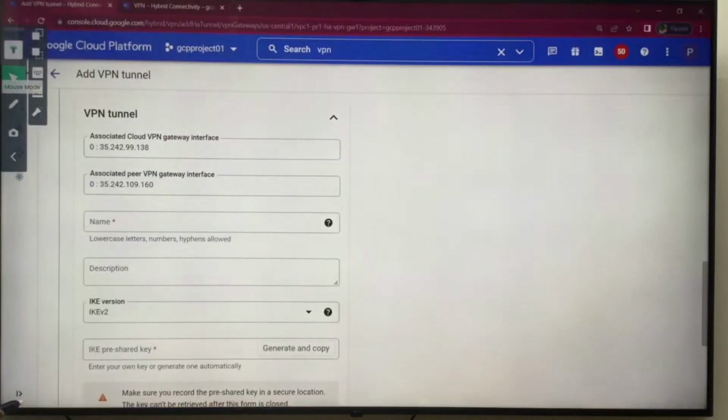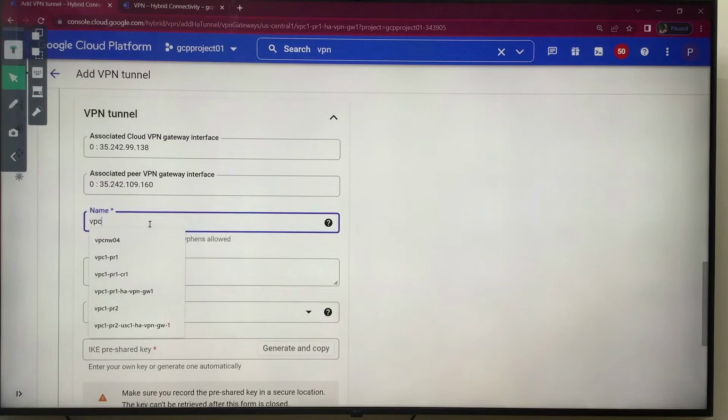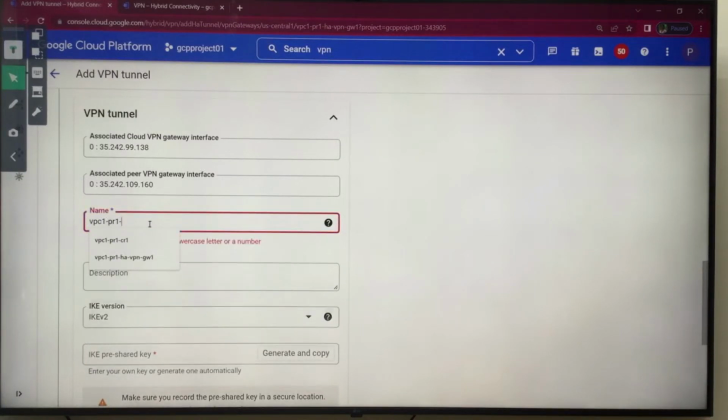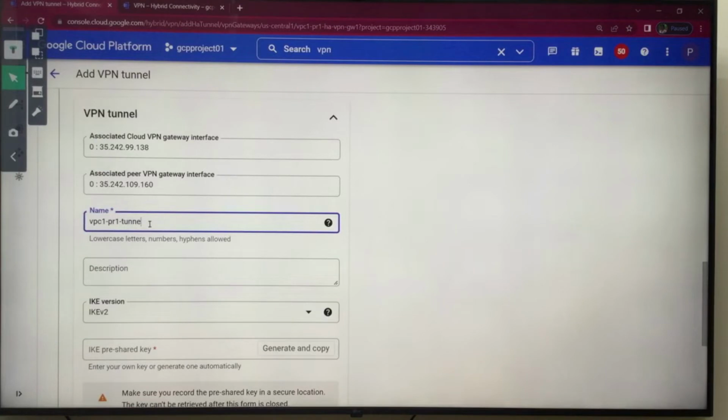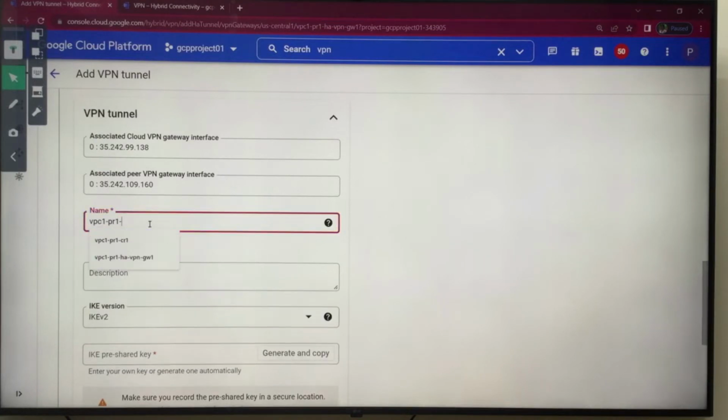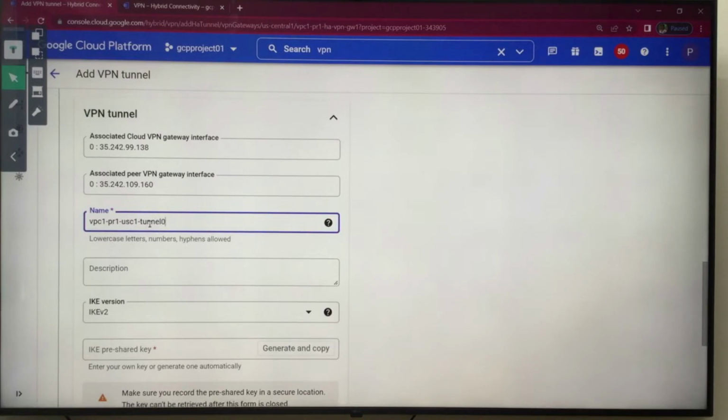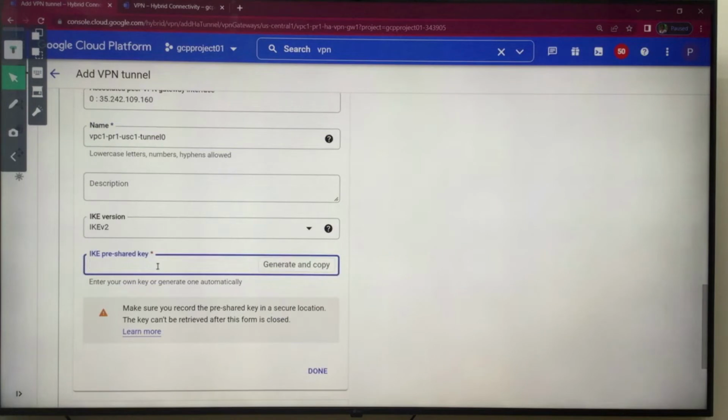Okay, so 0 to 0 mapping. Now define the name, it's your choice. I will suggest VPC1 project 1 tunnel, US central 1 tunnel 0. Then IKE version 2, create. Cisco at 123 means this is my key, or you can generate the key.